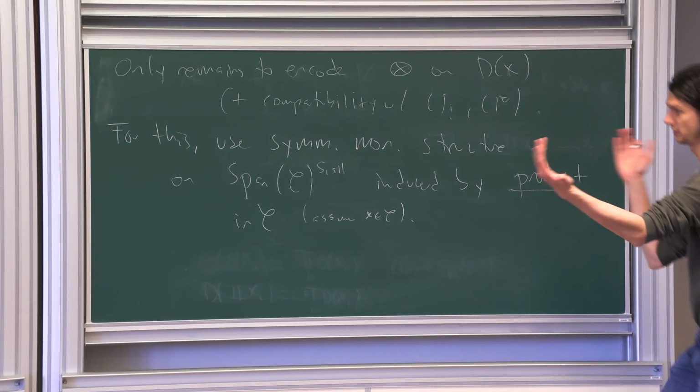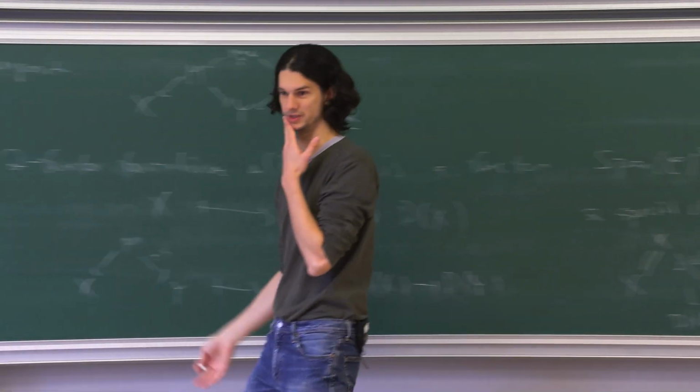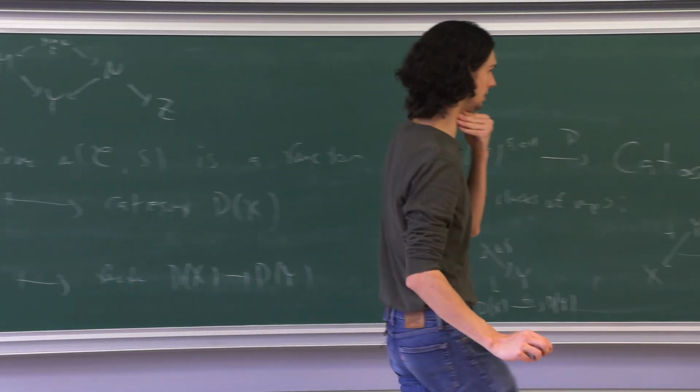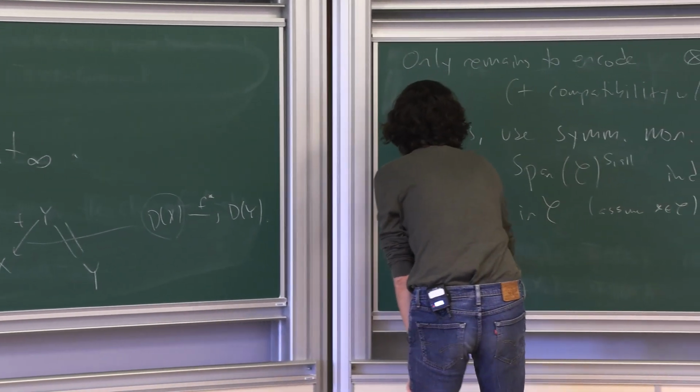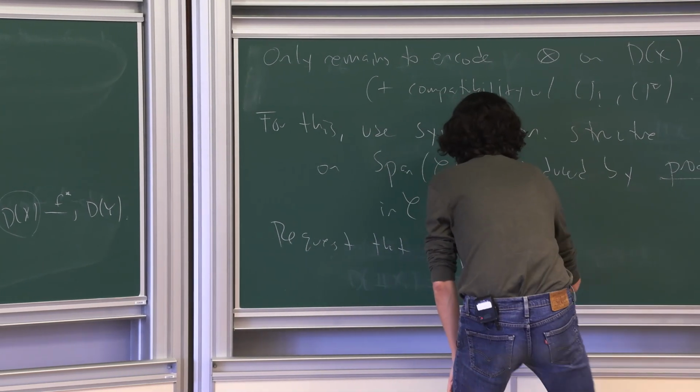So that's Cartesian product in C, but it's not the Cartesian product in the span category anymore. It's just some symmetric monoidal structure. And then request that your functor D from this span category